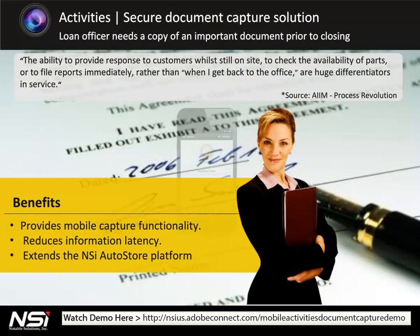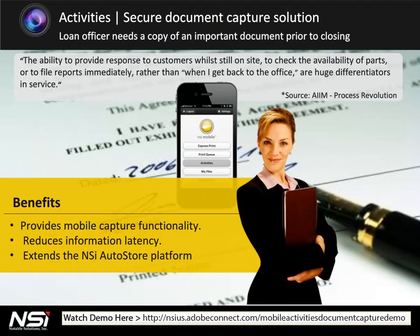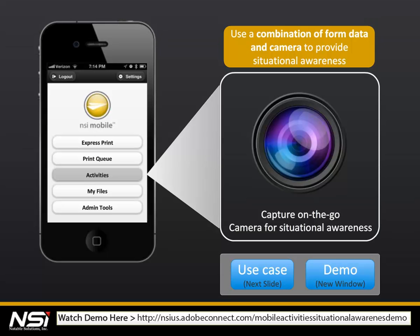With NSi Mobile, Julie drives over to the customer's house and uses her smartphone to capture the document and send it directly into the processing center. The business benefits for Neverland Bank are clear. The bank uses NSi Mobile as a means to differentiate their business and increase customer satisfaction, while of course getting the loan funded faster, which everyone likes. Use the mobile device's camera for